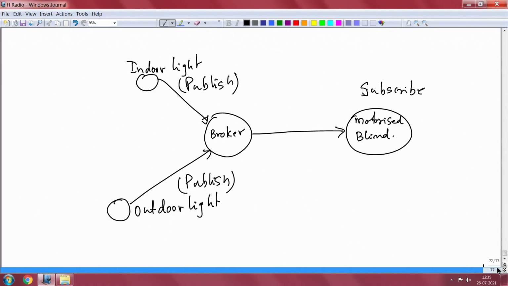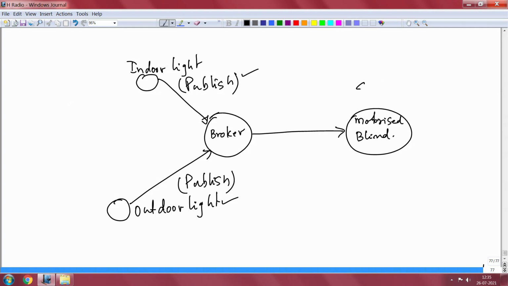What you have to do is just this: indoor light will have to be published, outdoor light will have to be published, to some entity called a broker. You publish this information to this broker. This broker is waiting for somebody to subscribe. Now, who is a good subscriber?